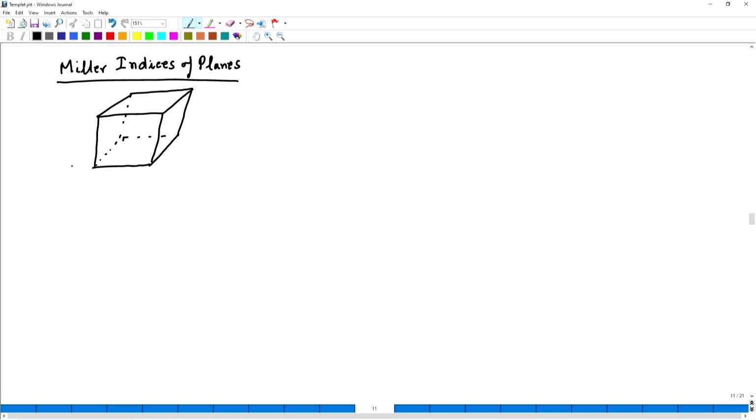So, first let us again begin with something simple. Again I need to specify, sometimes I can specify my unit cell vectors A, B and C like this as well. So, here let us take a plane. I am always going to take a plane which is completely inside the unit cell, though in that infinite lattice the plane will also extend to infinity.